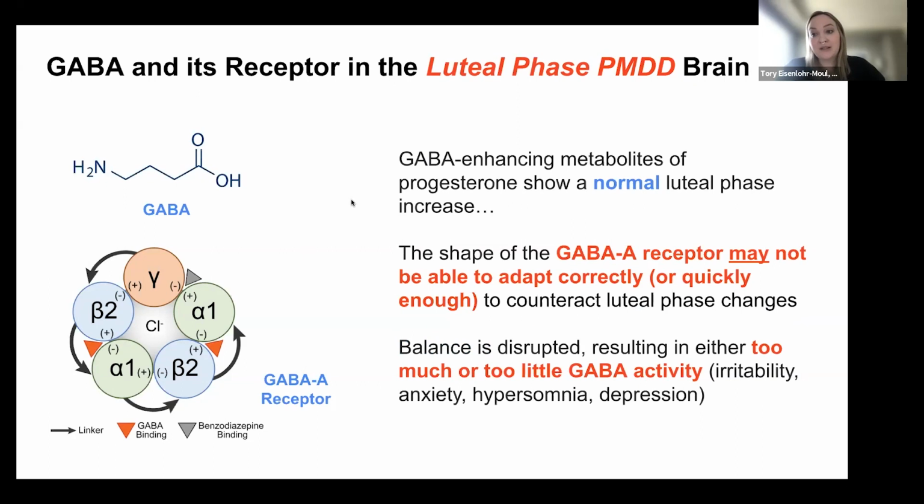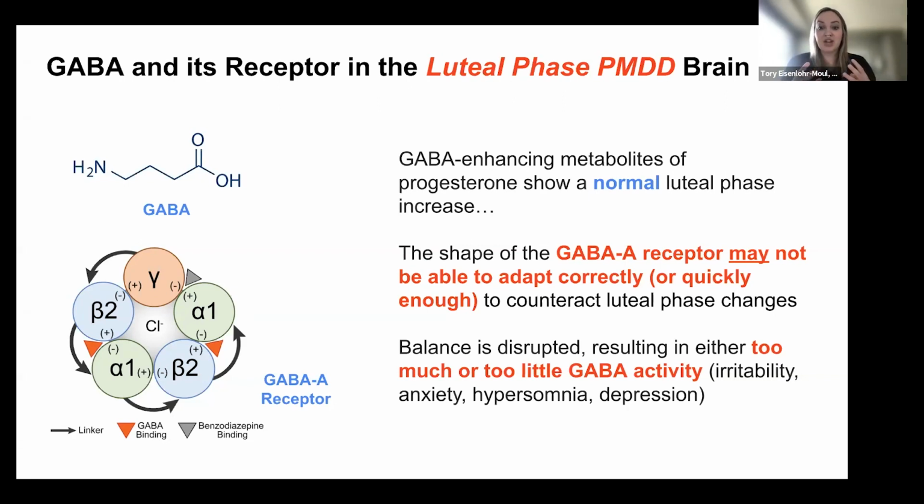However, in luteal phase PMDD, one thing that we think might be happening, and we don't have really hard evidence for this yet in humans, but we do see it in animals. And so we're trying now in my lab to learn more about how this looks in humans. But what we think is happening is, again, there's this normal increase in progesterone and all of the GABA enhancing metabolites or the byproducts of progesterone. So there's normal increase in those, but instead of rearranging all the little puzzle pieces and adapting so that your brain can